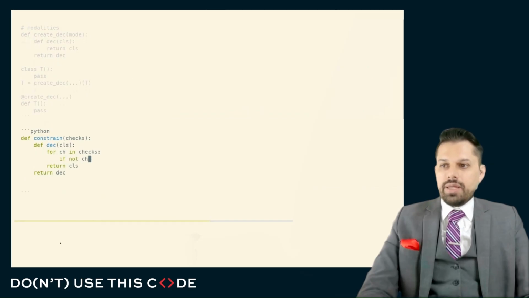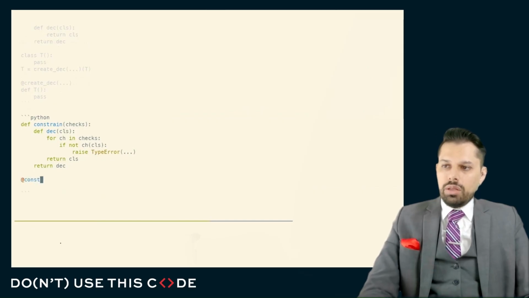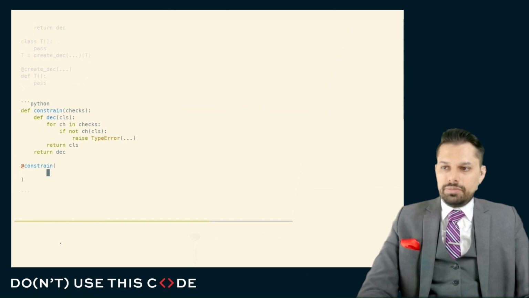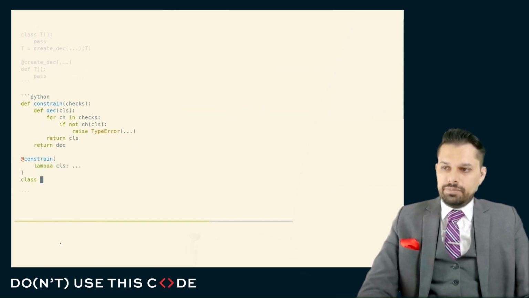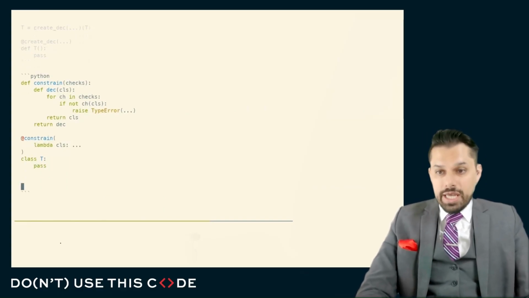And we could say, if not this check applied to this class, raise TypeError, whatever. Well, we can do the following, like that. And we can parameterize the constraints. Whereas if we use the init subclass approach,